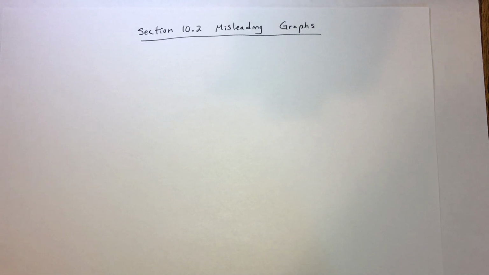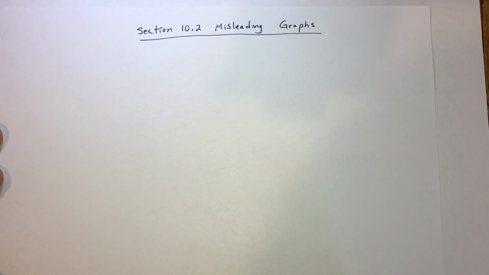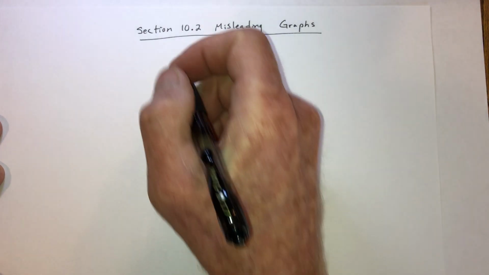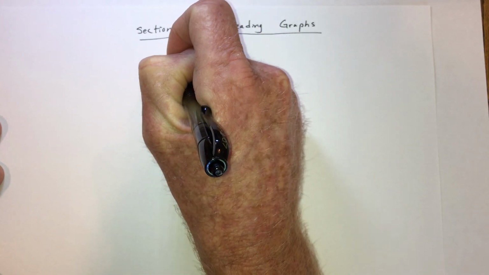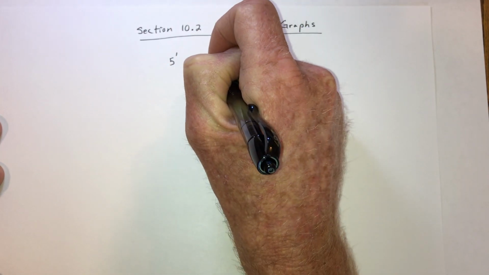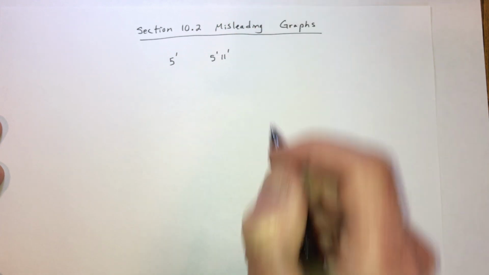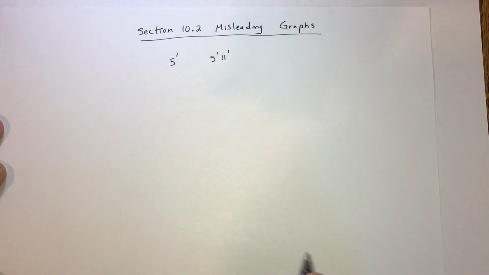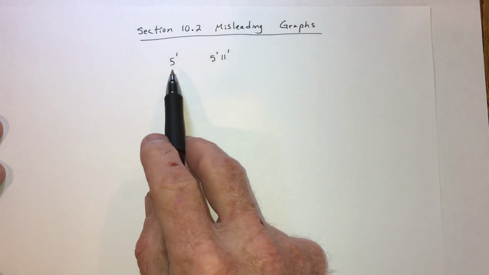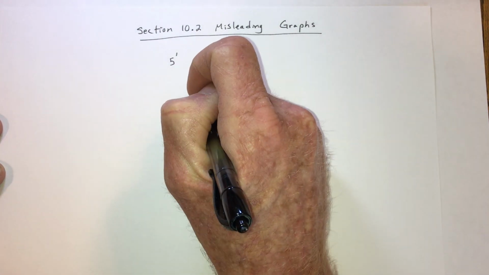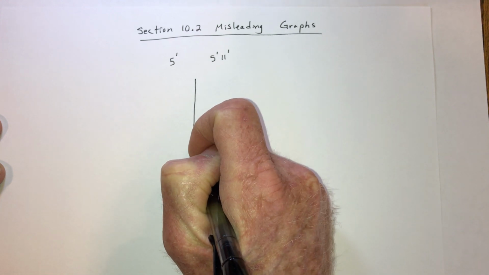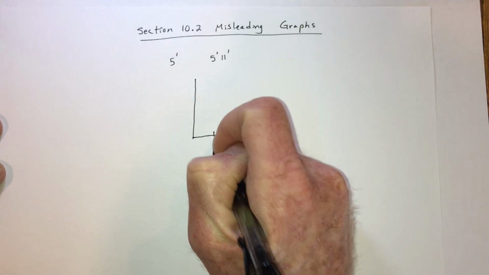So this section is about critical thinking and misleading graphs, which are used in the media and other places, so it's good to be a critical thinker. For example, let's say that somebody is 5 feet tall and somebody else is 5'11", almost 6 feet tall. So this person is 11 inches taller than that person, but suppose that when the graph was made, they have,